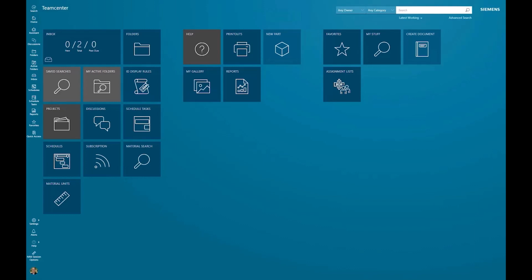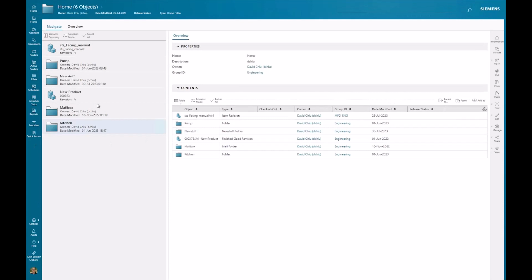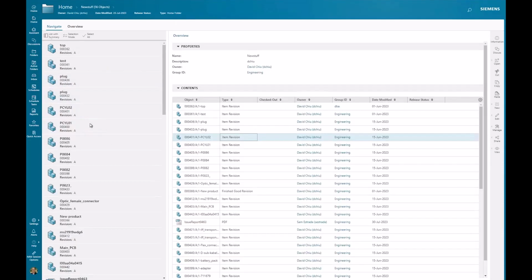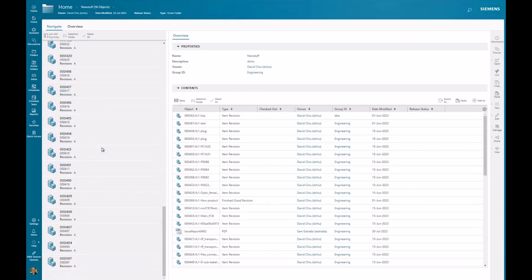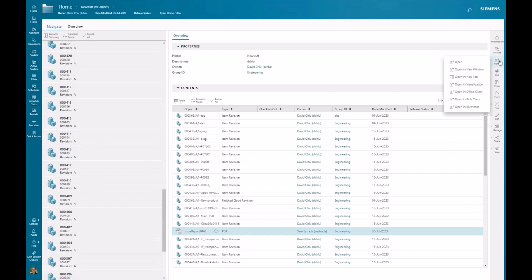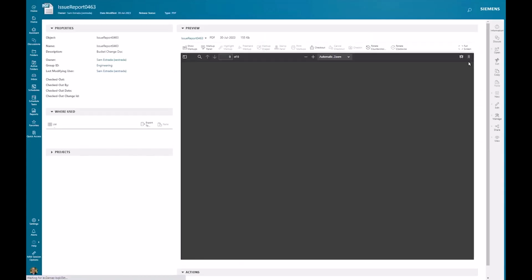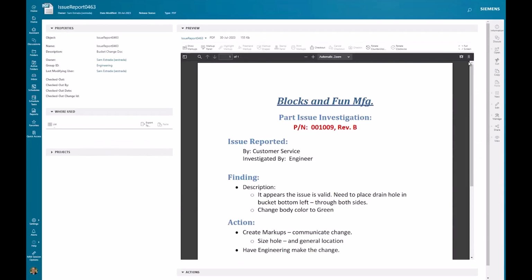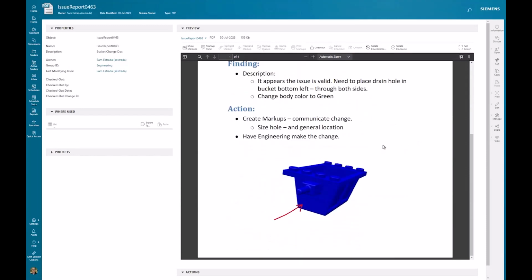Okay, so let's take a look at how change is processed inside of Teamcenter. Here we've got David logged in, and he received a file, more like a PDF, on a little change, or what we call an issue report. He got it through an email, uploaded it to Teamcenter, pretty much stating that we need to make a change to the bucket that we revised earlier,